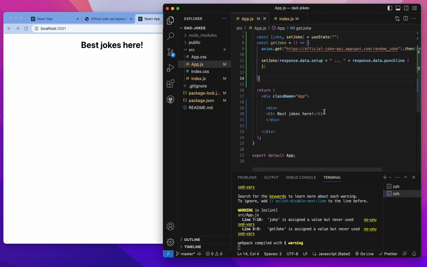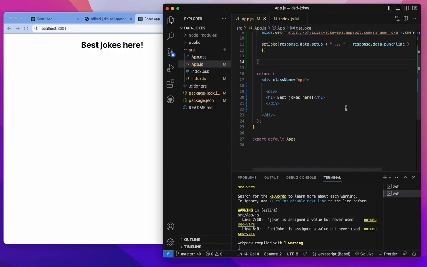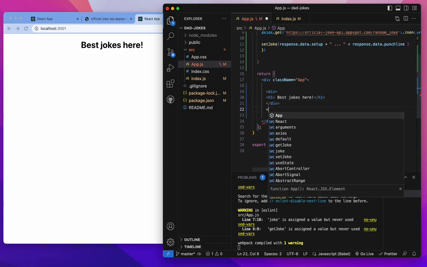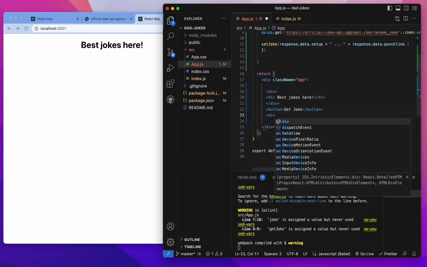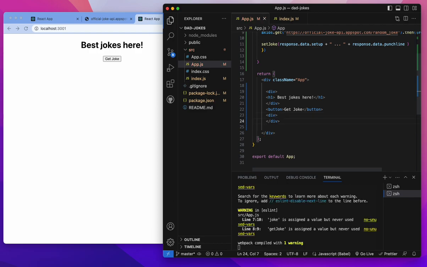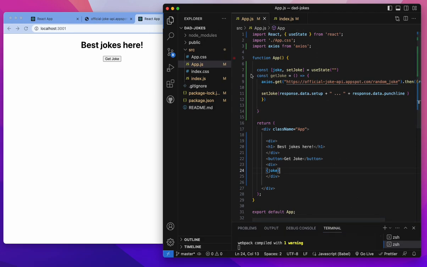What we need to do here is that we'll set the data, and then what we need to do is just add here a button. Get joke, and then there will be a div that will store the data. So here it's gonna be a joke. So this joke will be here, this joke. So then